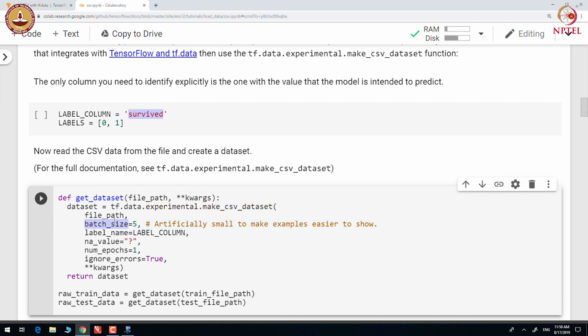Here we are taking a small batch size intentionally so that we can examine the examples in each batch. We specify the label name, specify how null values are specified, with question mark here in this case, and number of epochs we set it to 1.